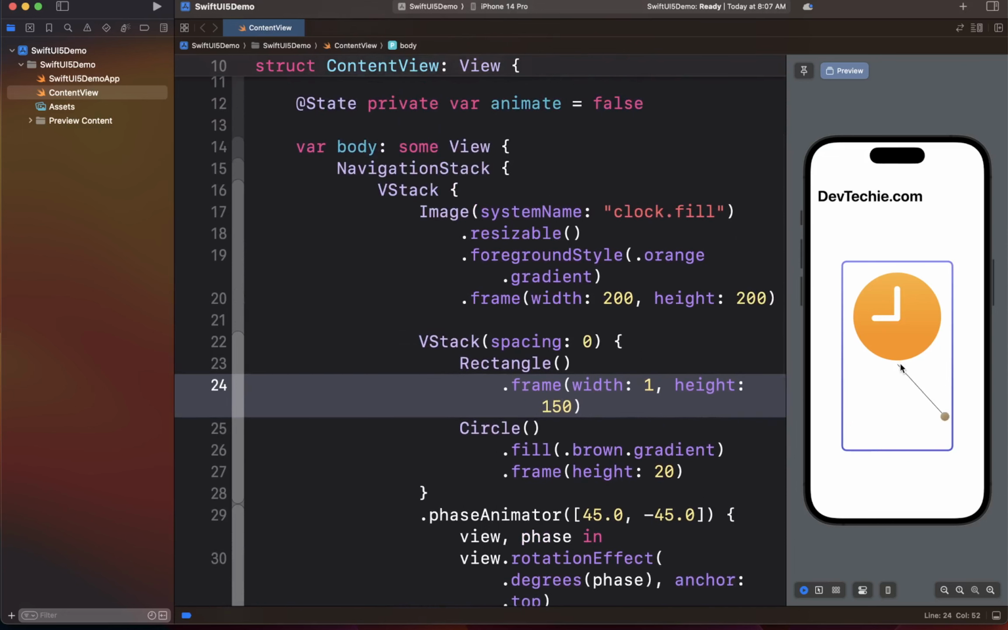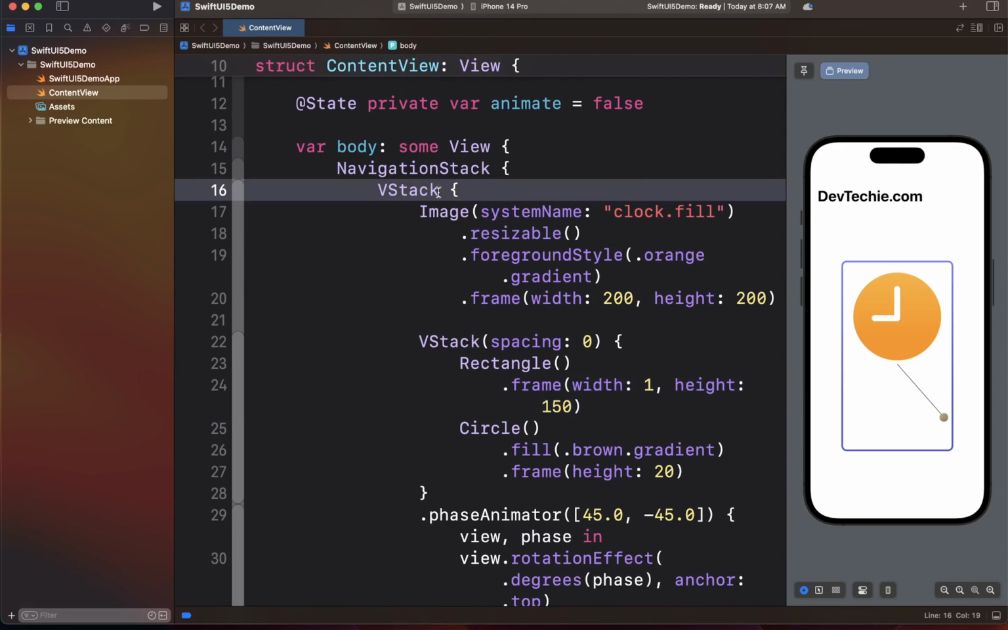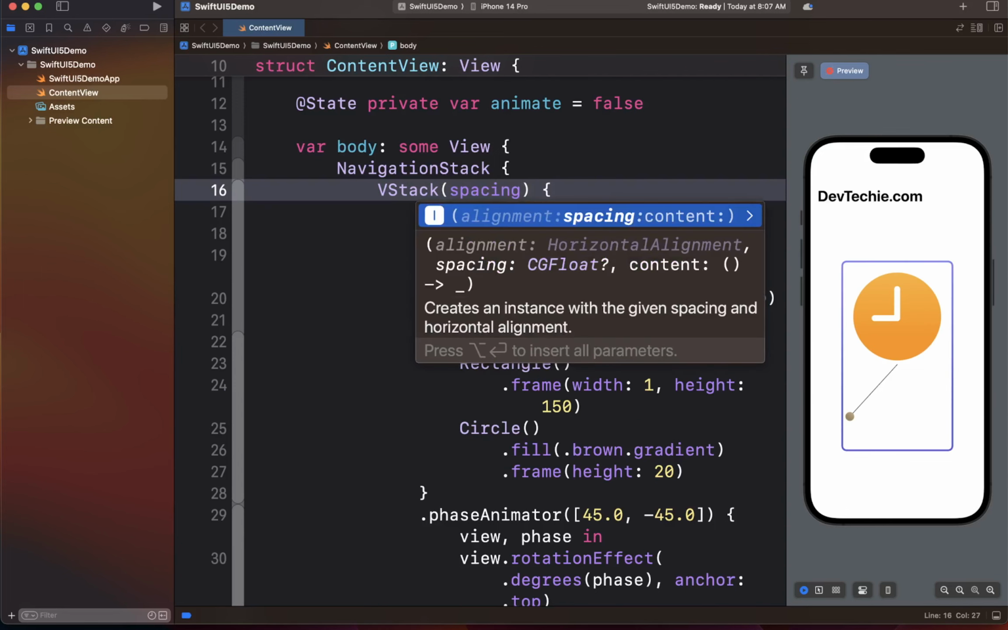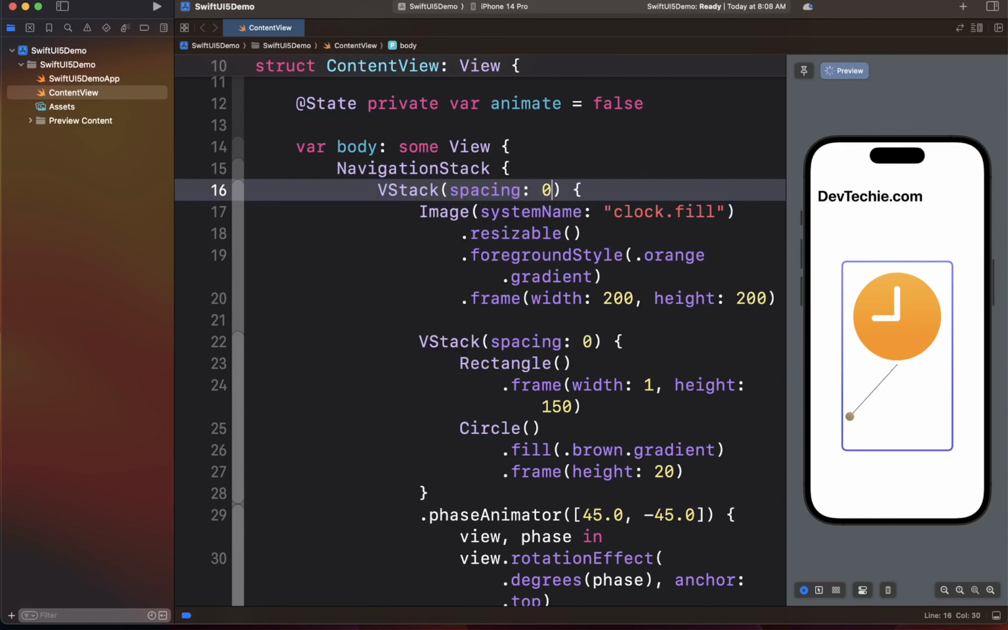Now there is a bit of a space between these two, and that's because there's a default spacing that's been applied here. So let's go ahead and fix that by applying spacing as 0 points, and now your pendulum's arm is attached to your clock. All right, so this is basically how you can create a pendulum, but our pendulum is really fast,